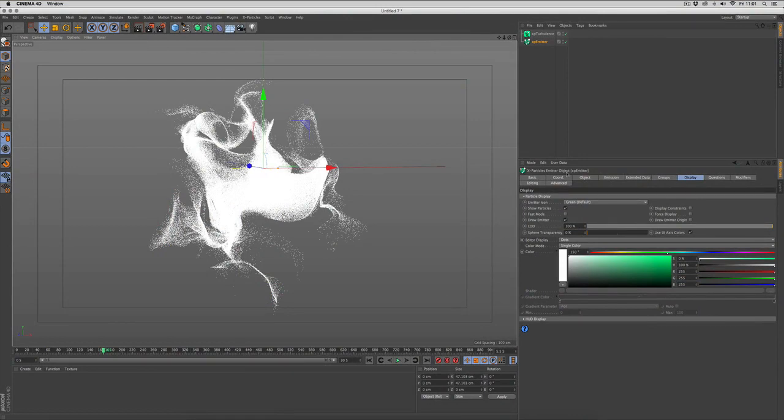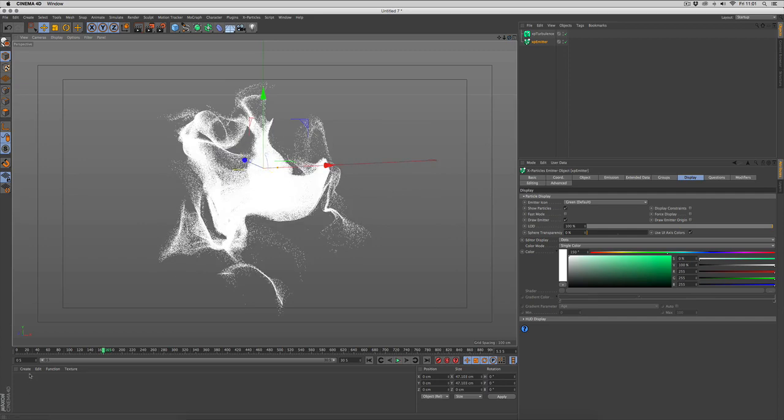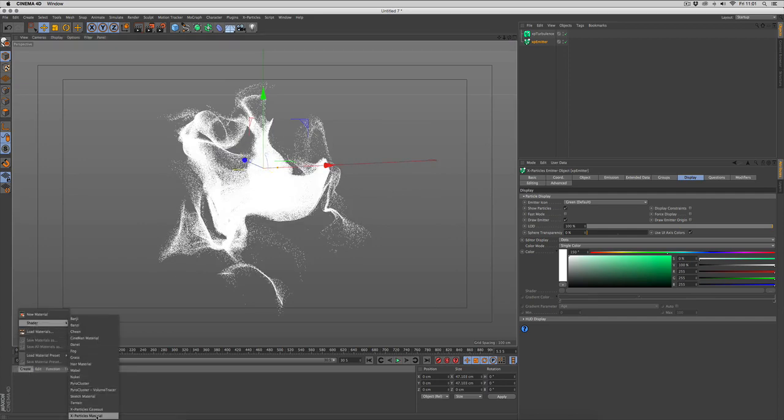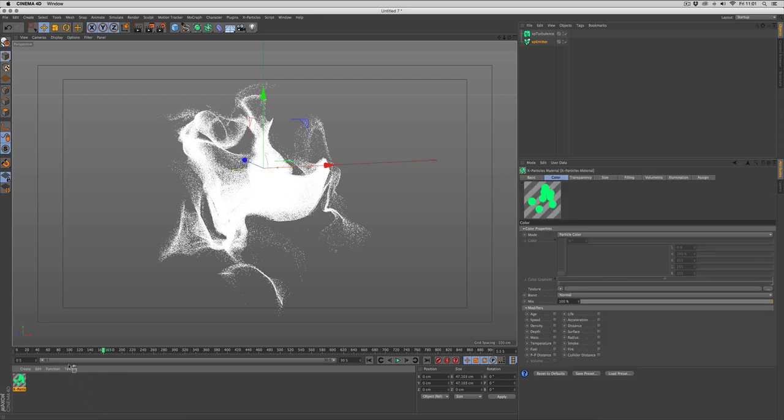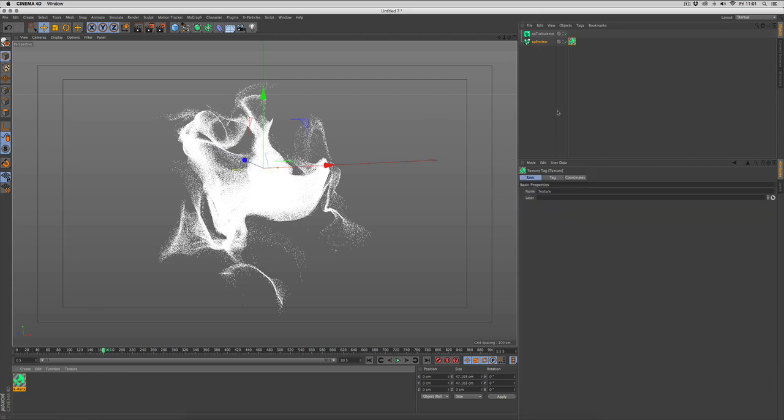xParticles lets you render your particles without using geometry. In the scene I have an emitter and a curl turbulence just to create this wispy nebula. I'm going to go to the Materials menu, Create, Shader, xParticles Material, and we drop that onto the emitter. We can render straight away,